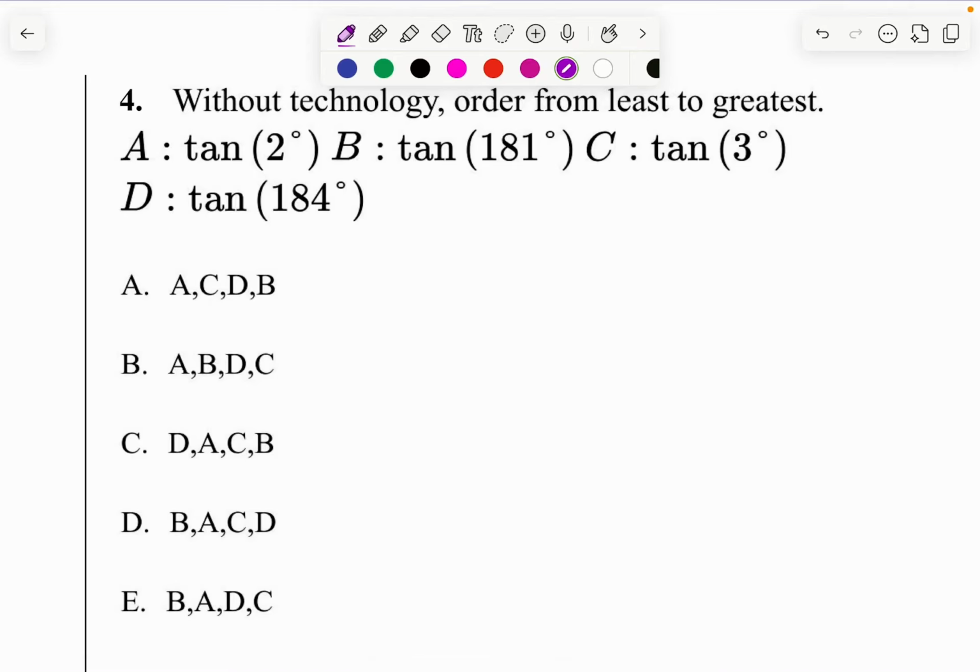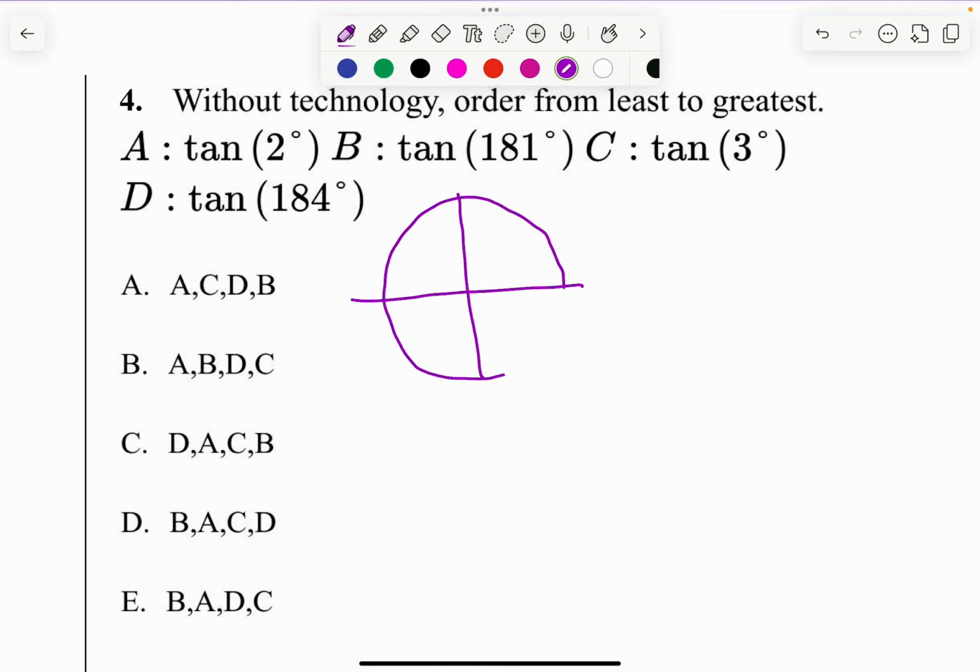All right, this question says, without technology, order from least to greatest: tangent of 2 degrees, tangent of 181 degrees, tangent of 3 degrees, tangent of 184 degrees. The reason this is doable without technology is that if you haven't internalized this idea yet, you should note